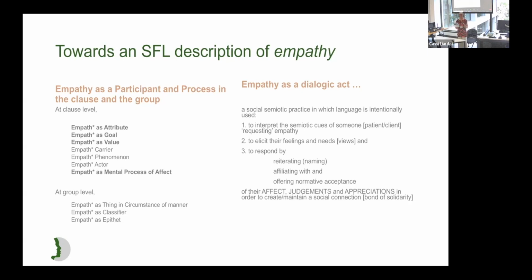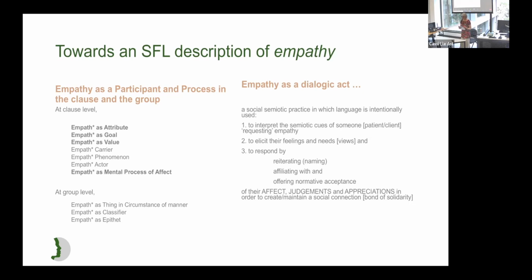I am still dealing with the shock of just the blatant adversarialism that sits there and the analysis, which was so beautiful. But back to bringing our common humanity together, empathy, the concordancing shows that empathy is an attribute or a goal or a value, mostly in the concordance experience, and that it's usually as a mental process of affect. That empathy is a dialogic act. It could be, in text, but slow talking text time or spoken text. But I would argue that on the basis of what the clinicians have demonstrated, what Marshall Rosenberg points out in his modality, and what Gabrina has done with bringing appraisal to their work, that empathy is a dialogic act, a